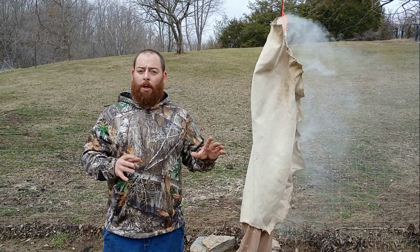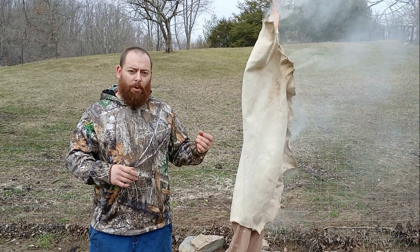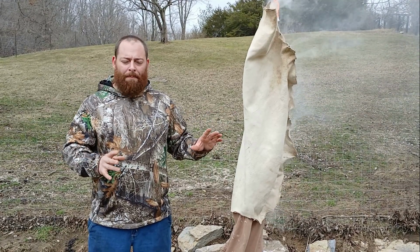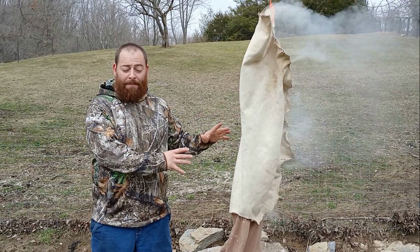All right, so now that you've done all the work and you've gotten down to your final step, this is the part where you can really destroy your hide. Breaking your hide, stretching your hide, all that, you can do as many times as you want. When you get down to this point, you can literally damage your hide and make it to the point where